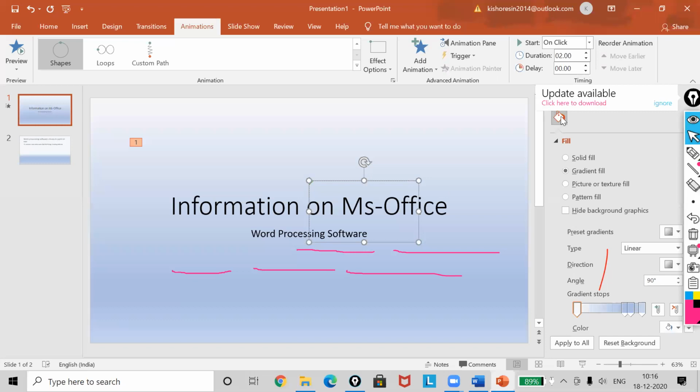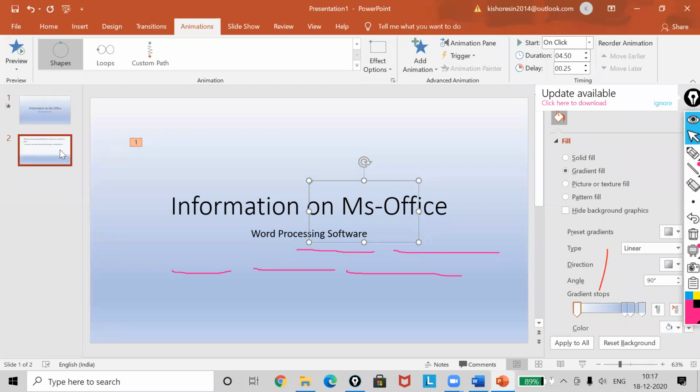Now you can see, my dear, there you have your duration also. You can increase the duration, delay 25 seconds. Okay, now here you have on click, before previous, or with previous, or after previous, whatever you want you can select it. But I want, yes, on click.